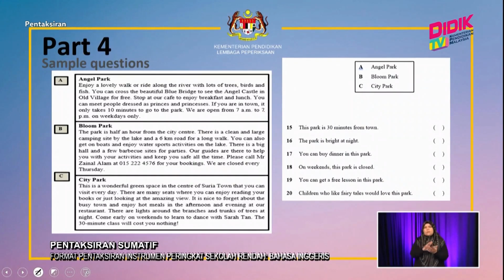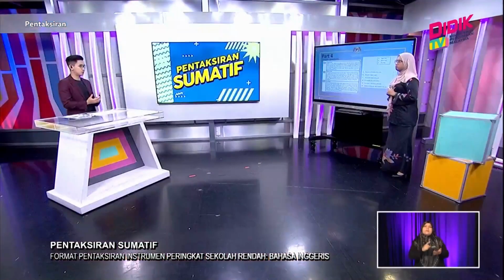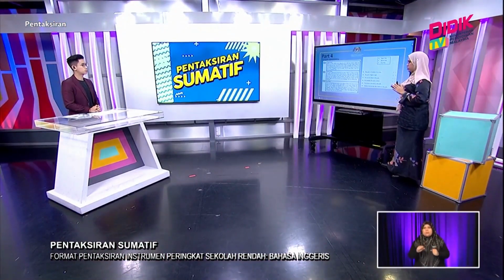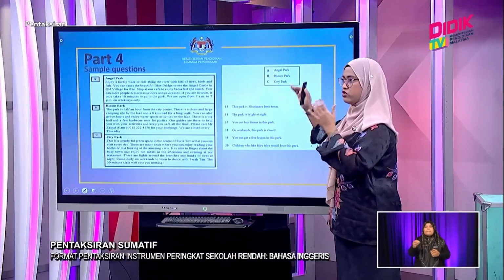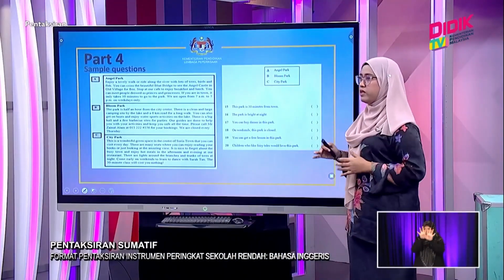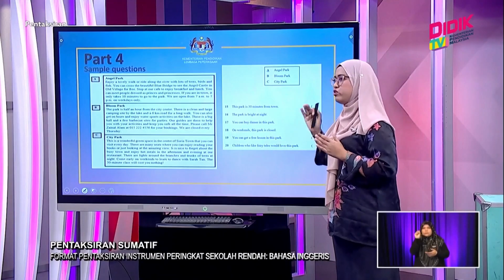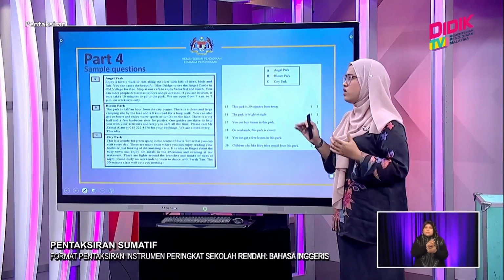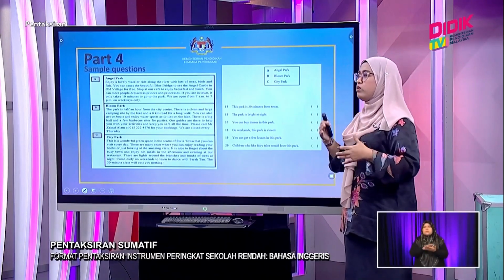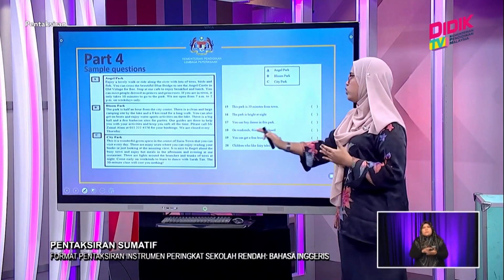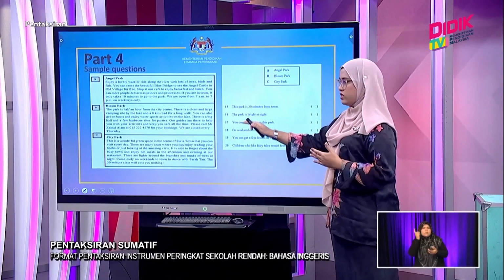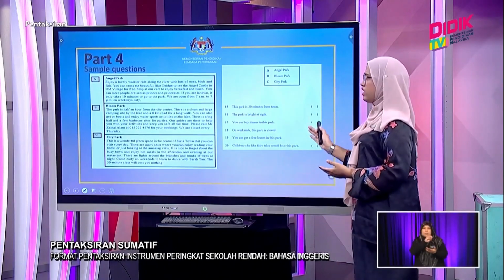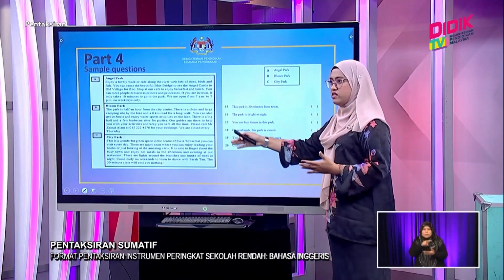So what would you recommend the pupils do first when they encounter this question? First of all is to understand the instruction. There will be clear instruction at the top of the paper later. And then they have to read the text carefully and understand the main points. It will also be helpful if they go from the statements to the text. If they have read it all, they go to the statement, and they can read again to check whether the answers are correct or not.